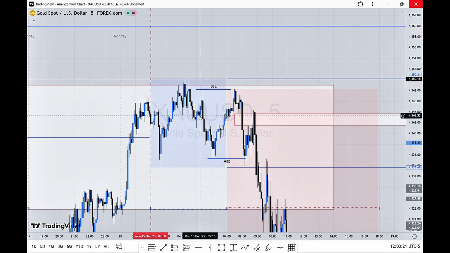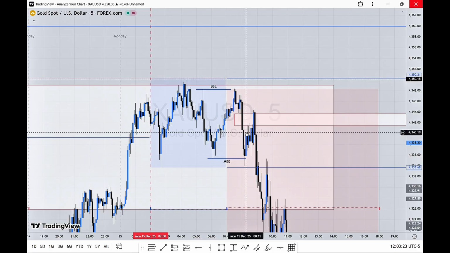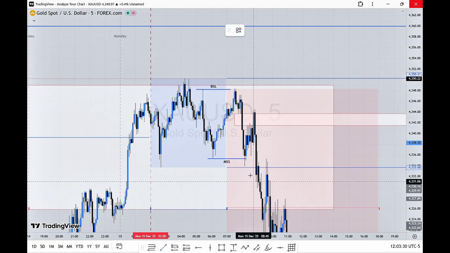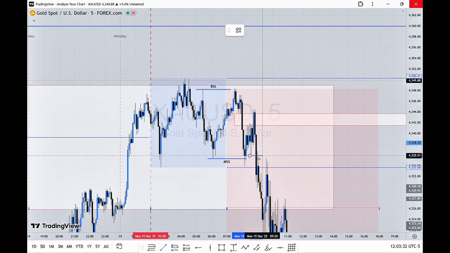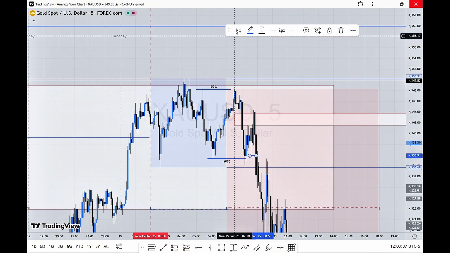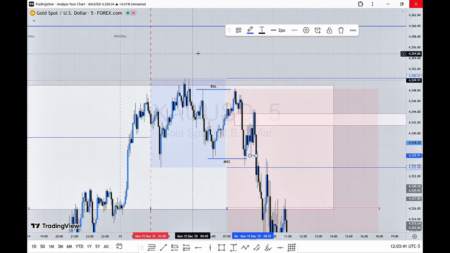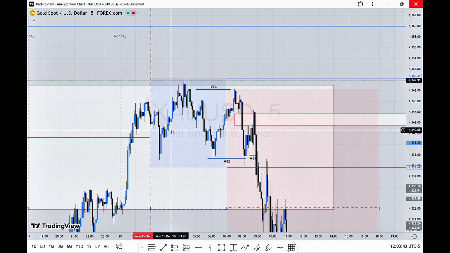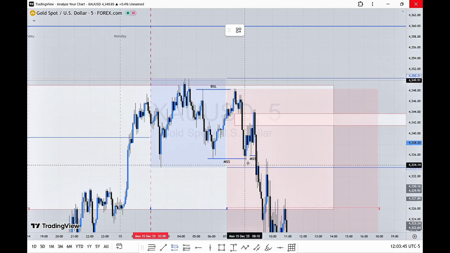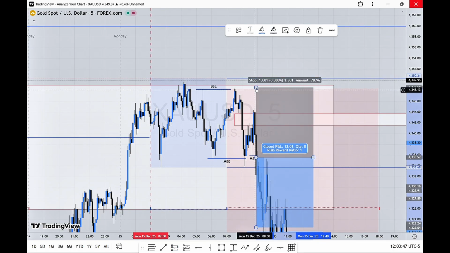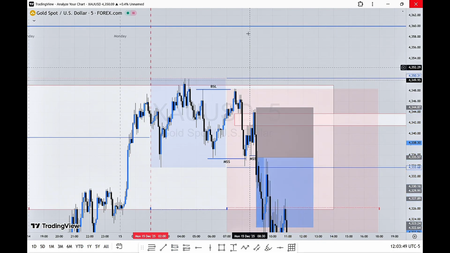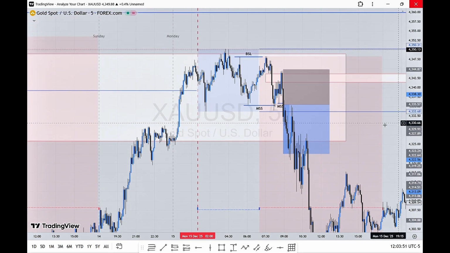Now in the 5 minutes time frame, the market indeed went back and filled the inefficiency somewhere right here, and gave us a second market structure shift, which we could also call a break of structure to the downside. Let me just call it a market structure shift. So I entered immediately after the market structure shift here in the 5 minutes. My stops were just somewhere here,